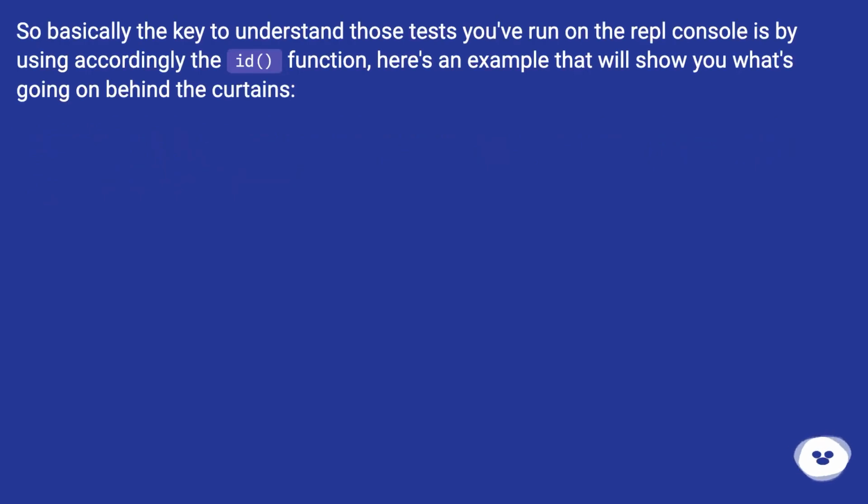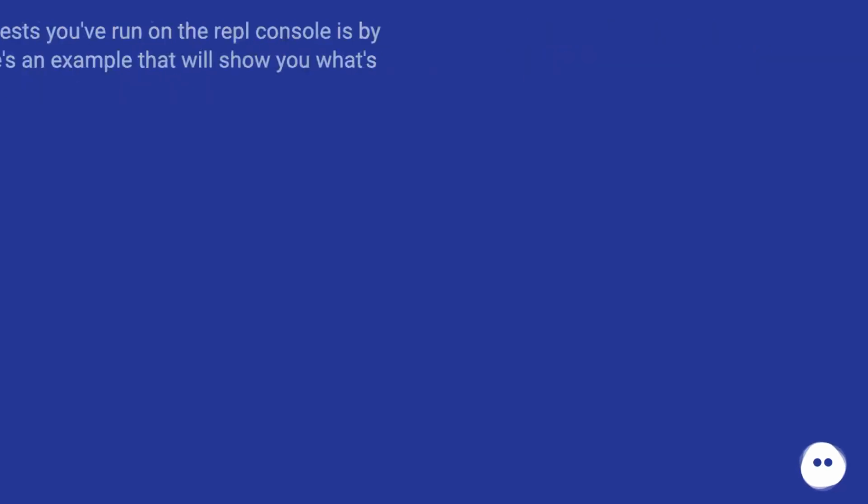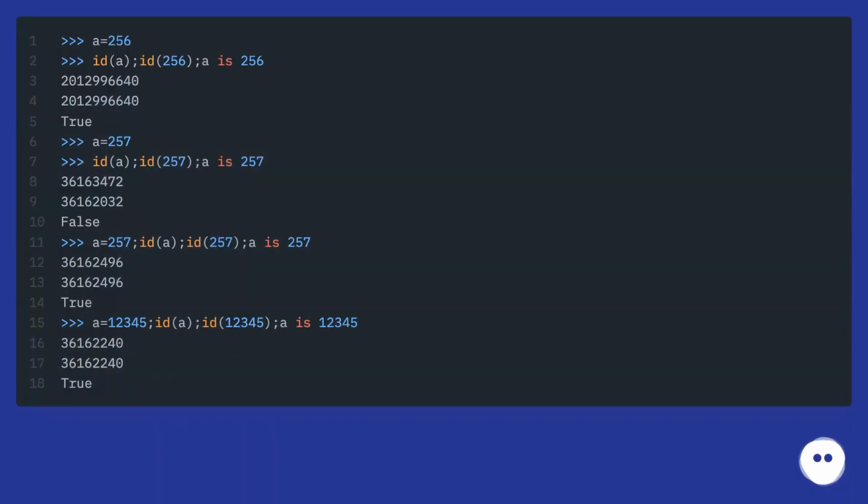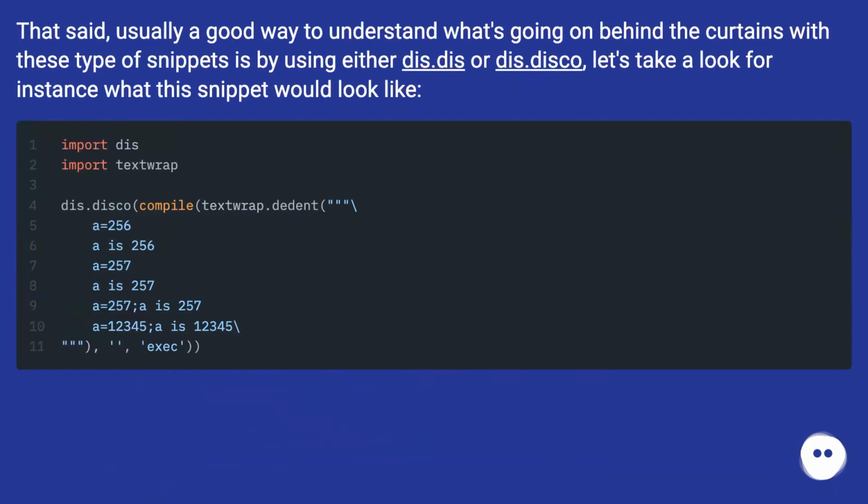So basically the key to understanding those tests you've run on the REPL console is by using the id function accordingly. Here's an example that will show you what's going on behind the curtains. That said, usually a good way to understand what's going on behind the curtains with these types of snippets is by using either dis.dis or dis.disco. Let's take a look, for instance, at what this snippet would look like. The output would be